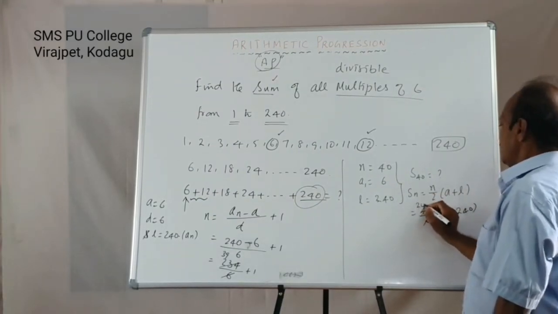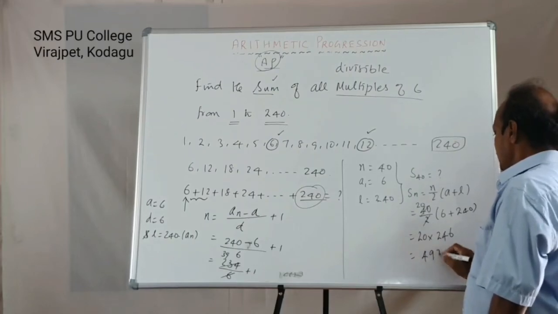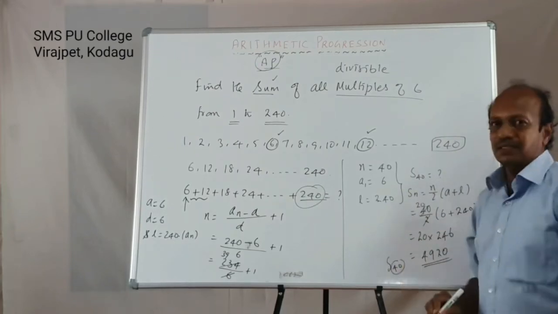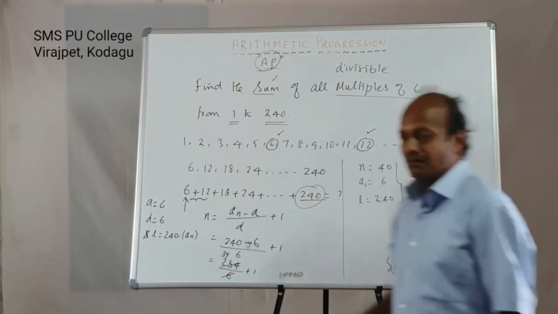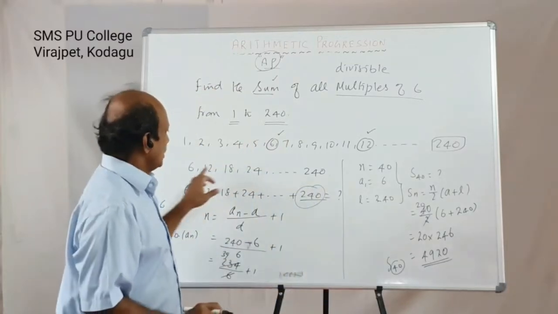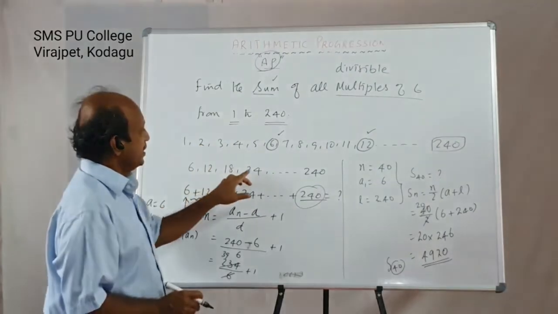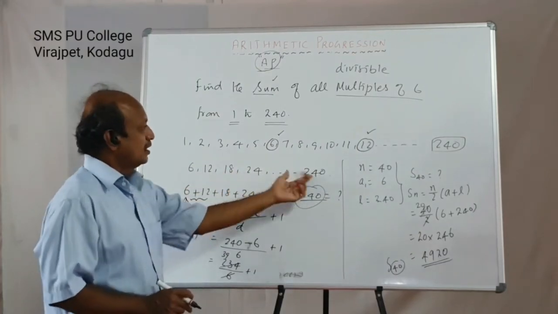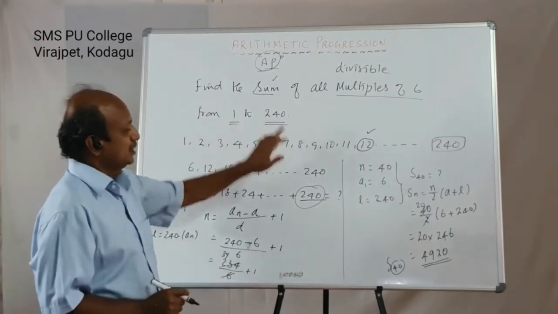It is nothing but 20 into 246. What is 20 into 246? You will get 4920. Therefore, S40 is 4920. What does this 40 represent? It represents the number of terms, all of which are divisible by 6: 6, 12, 18, 24 and so on up to 240. Therefore, the sum of all the numbers divisible by 6 in the range 1 to 240